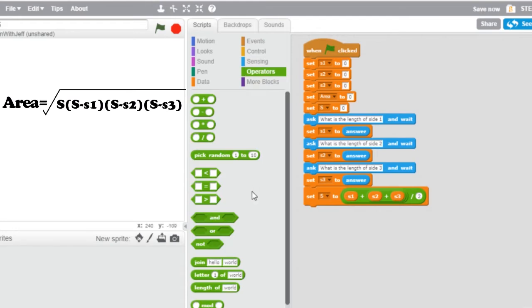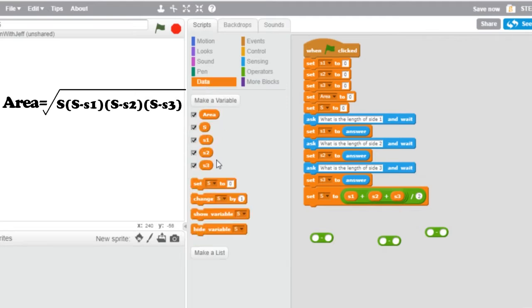So the first thing we have to do is subtract 3 times. 1, 2, 3. Now in each one of those we need to take away from S. S, S,